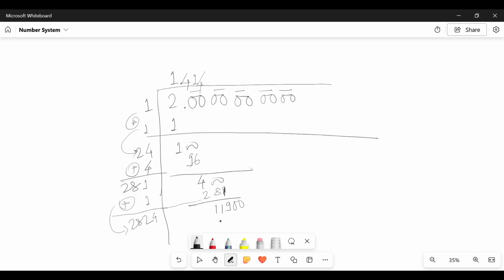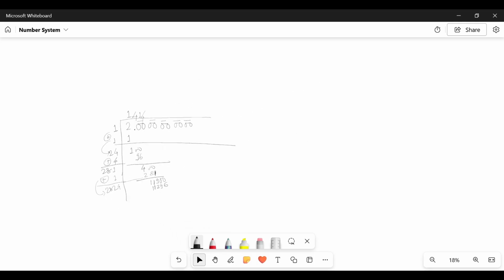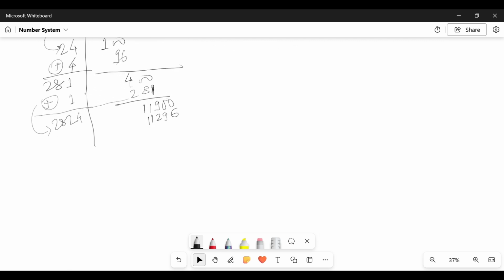As we go with 4, what we have is 6, 9. Yeah. We have 11296. So as we subtract 11296 from 11,900, what we have is